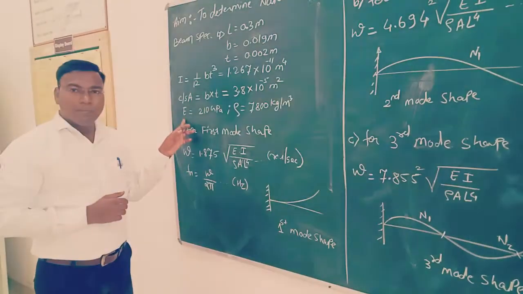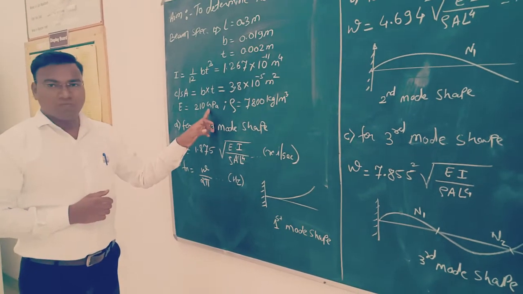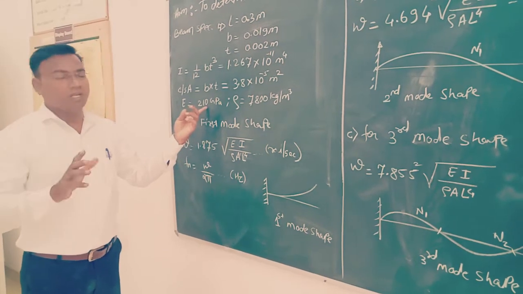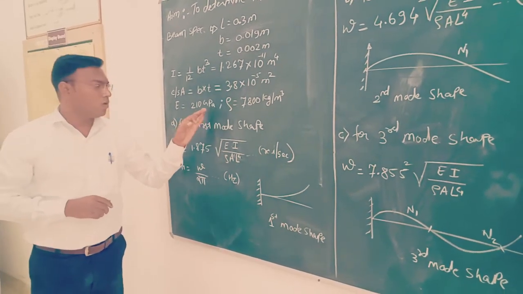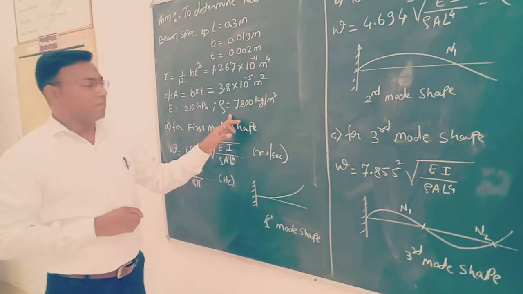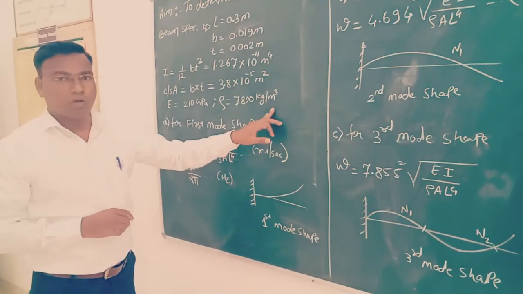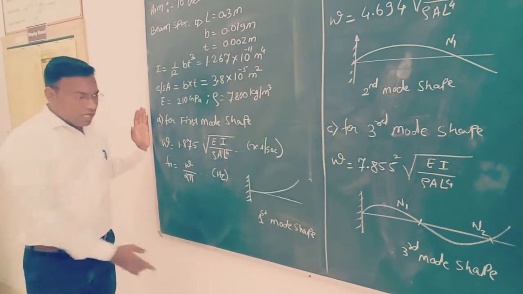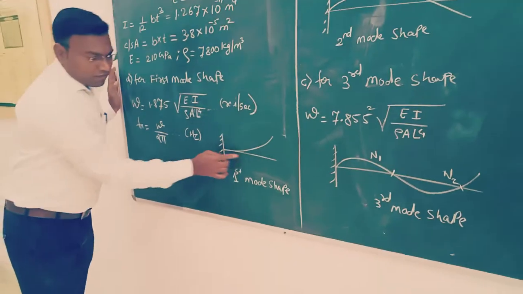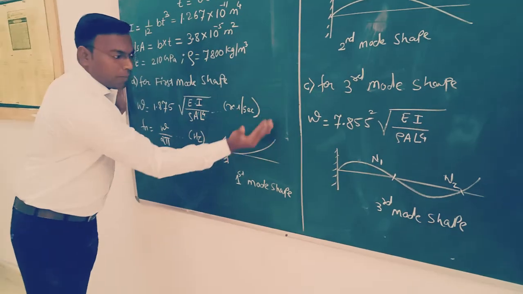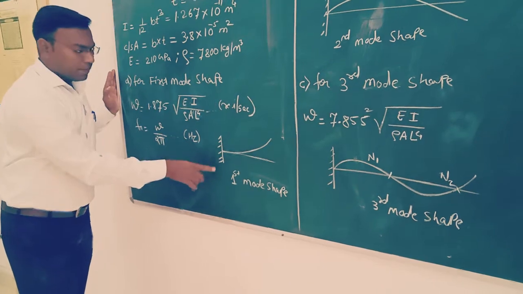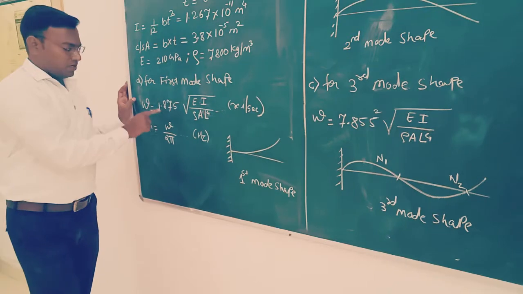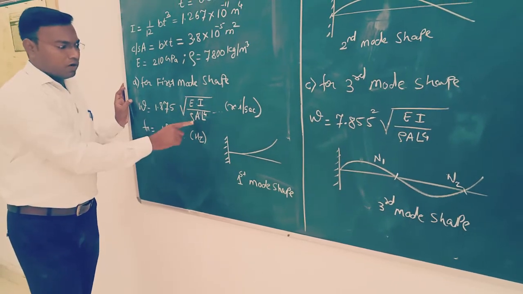Coming back to the important parameter, that is Young's modulus, which depends upon the material of the beam. The beam material we are using is steel, so its Young's modulus will be 210 gigapascal, and the density of that material is 7800 kg per cubic meter. These are the important parameters. For the first mode shape, the figure itself will indicate it: the beam will try to move in the upward direction. Depending upon the first mode shape, we can determine omega, which is 1.875 squared times the square root of EI upon rho A L to the power 4.